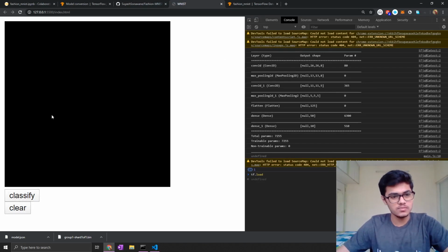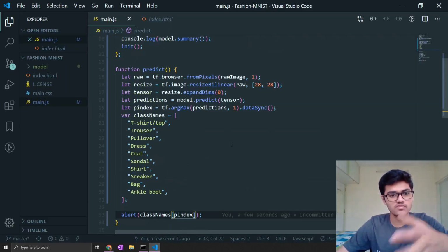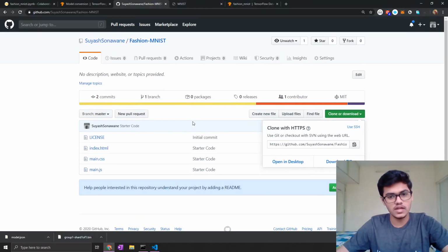Okay, so our project is completed here. You can add some styling, some CSS properties like animating when it is predicting and all that. Also you can fork this repository, and if you have any suggestions to improve the code, or a better way of doing all these things, you can just create a pull request and I will review. If it's good, then I will merge that.